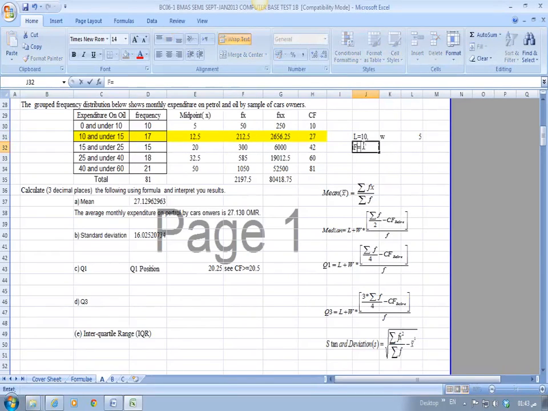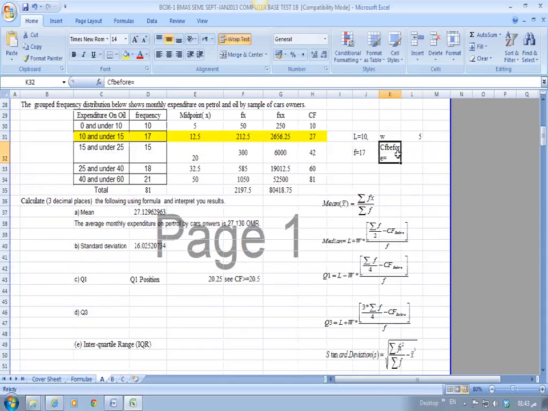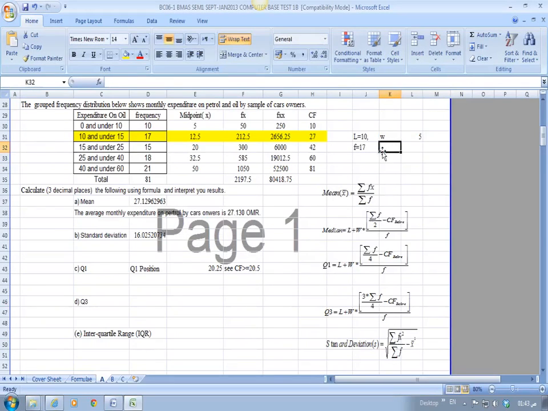F equal, the frequency is equal to 17, CF before equals CF before our location here, CF before our location is equal to 10. So here we can write